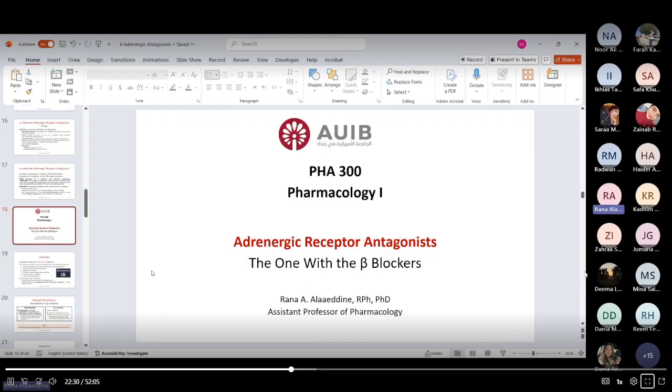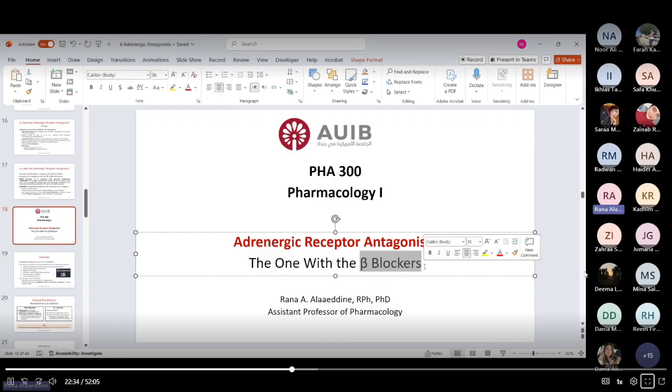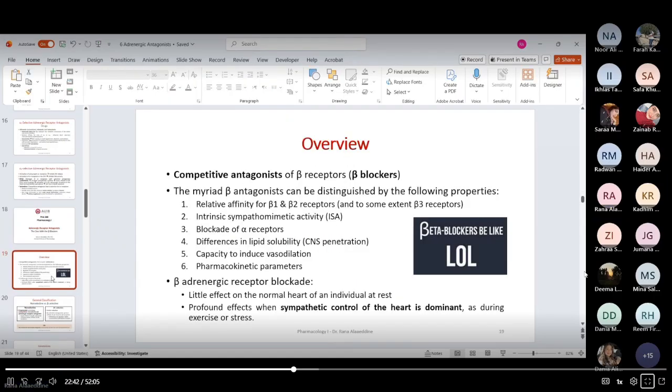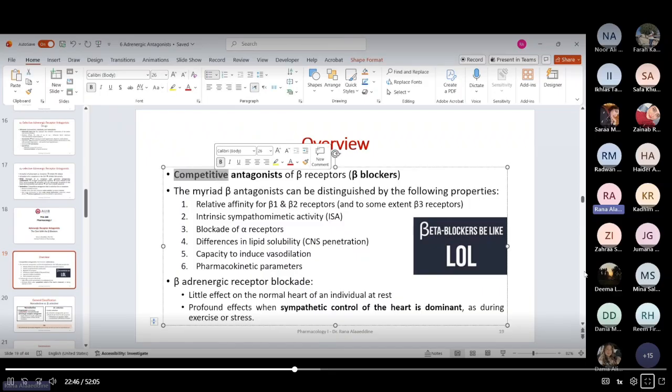Now we're going to talk about beta blockers. Beta blockers are divided into many types. Beta blockers are competitive, so they're reversible, and they're beta receptor antagonists. They block